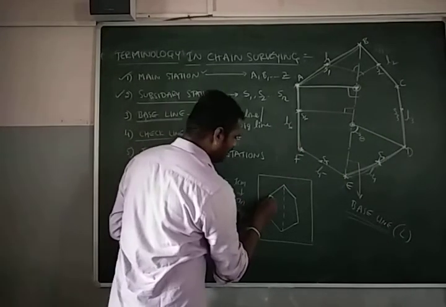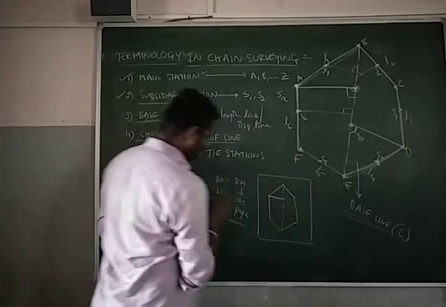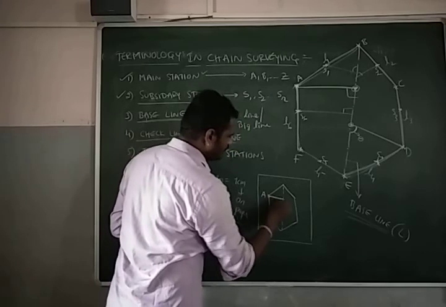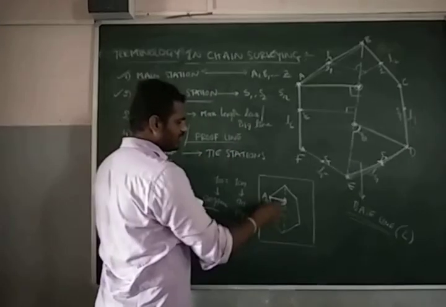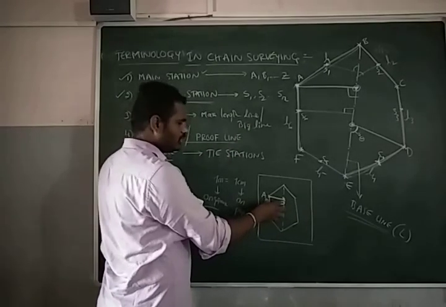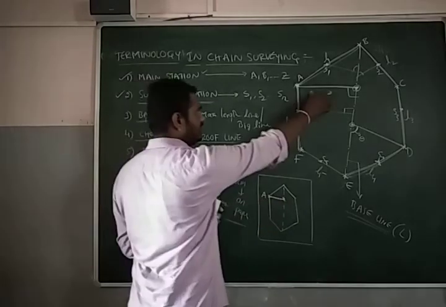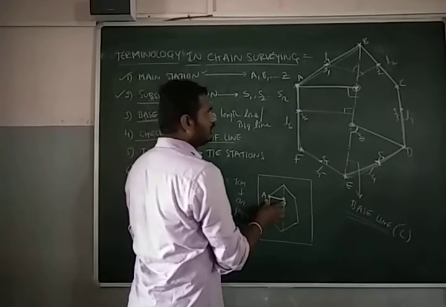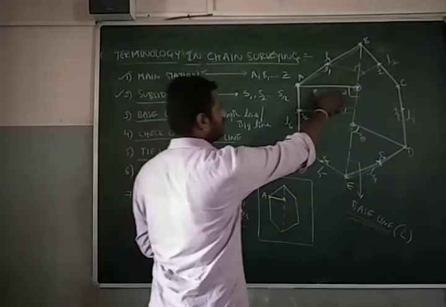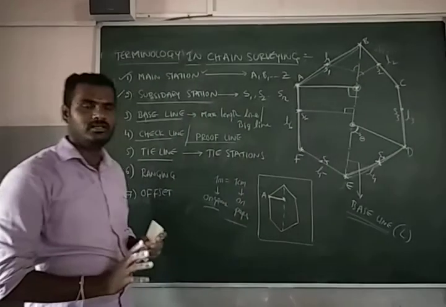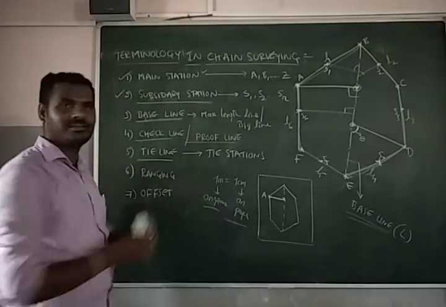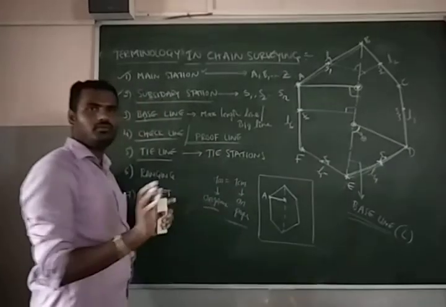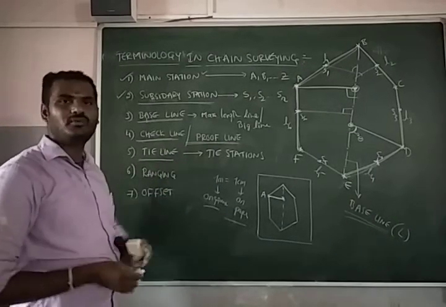Okay. So now from this apex to here, after taking this scale, you will be having some measurement from point A to so and so point. So the distance measured over here, after computing the ground distance to a respected scale, the distance plotted in the graph should be equal to the distance on the original ground. Then only your diagram is correct. So that is why we call these lines check lines or proof lines.